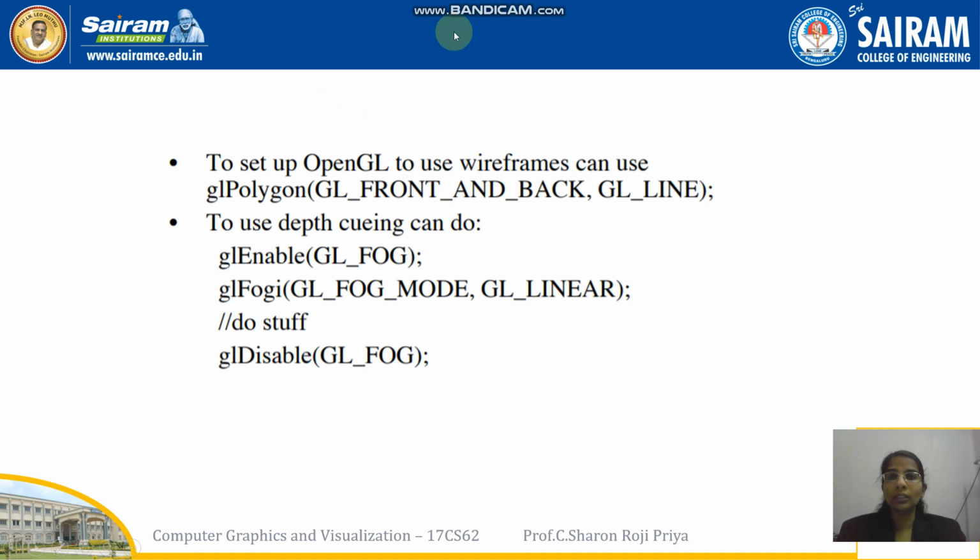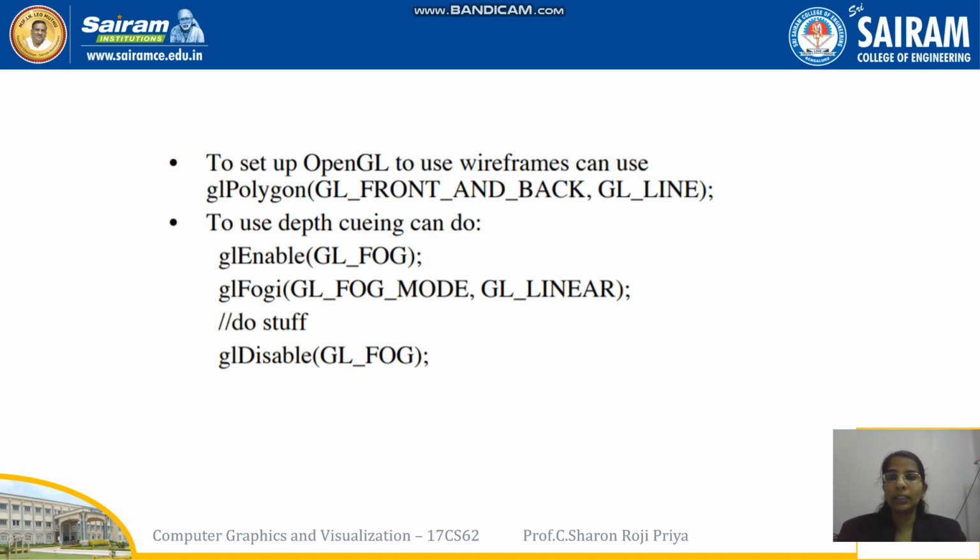And the next is, suppose I want to use wireframes in my OpenGL, to set OpenGL for wireframes, right, I should use glPolygonMode, right? So if I'm using wireframes, it is enough to specify the edges of my lines, right? To specify the edges of my lines, I'll use this glPolygonMode and set it. So usually wireframes will include hidden surfaces also, right? So if I want to remove these hidden lines, I have to specify the offset.